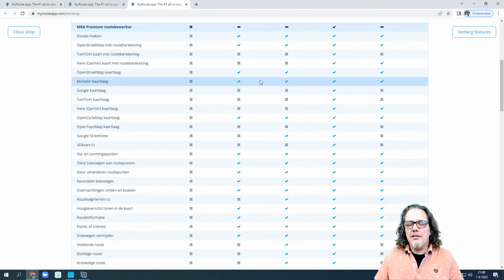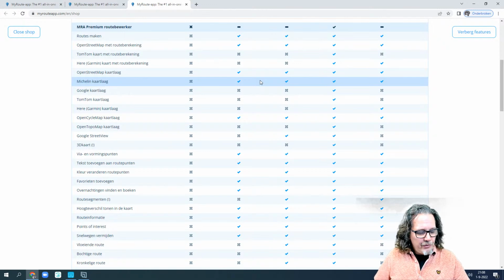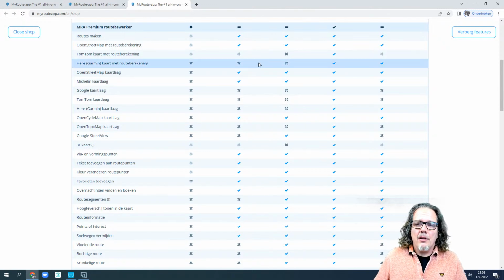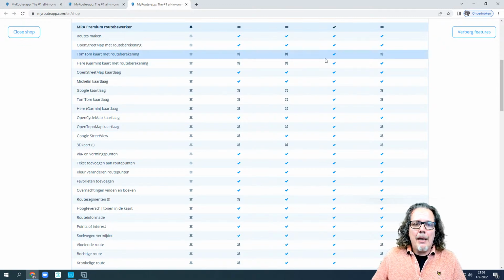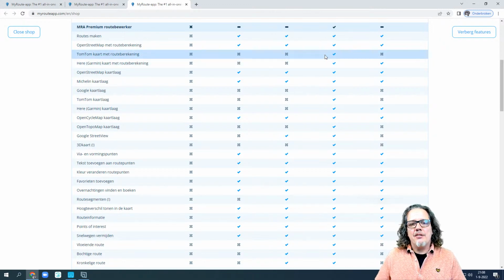So in basis, MyRoute-app is already a very complete set of tools for every user, regardless their subscription. What makes it different is the maps that you can use while route planning. I highlight the Tomtom and the Garmin Here map, and it says with route calculation. And what does that mean? I'll show you on screen in a second, but it means that the algorithm that Tomtom uses on their devices, so that you use on your